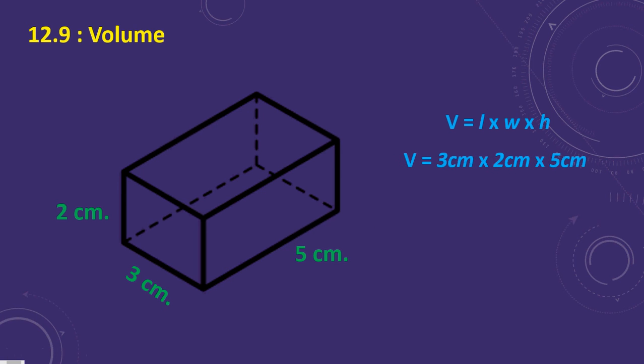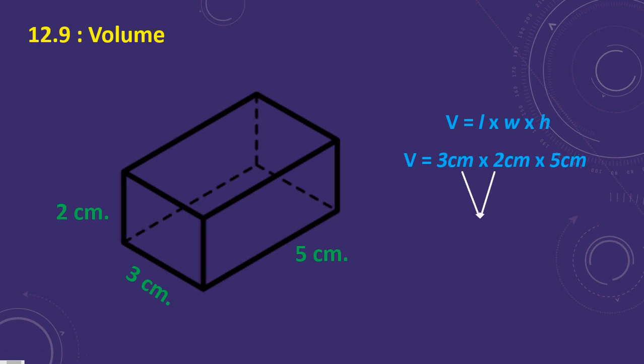Now, my length is 3, my width is 2, and my height is 5. So we put it like this: 3 centimeters times 2 centimeters times 5 centimeters. Los multiplicamos. 3 times 2 is 6. 6 times 5, it's